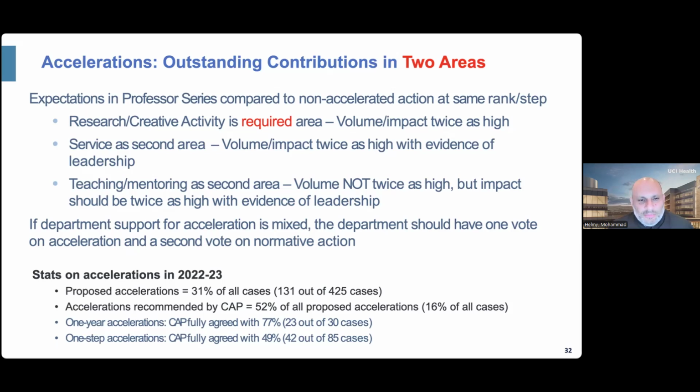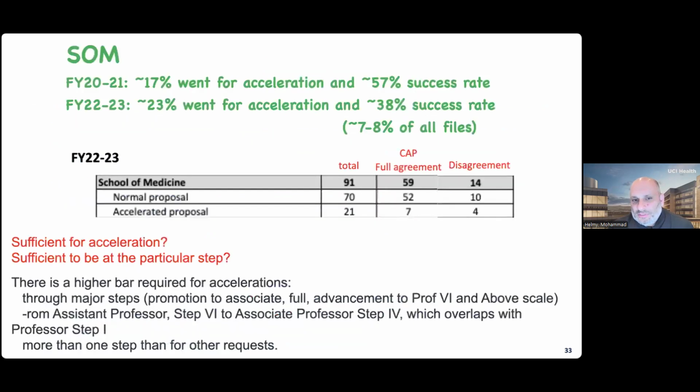The second point I'd make is that the bar for acceleration goes up, the higher one moves up. So it should, in theory, be slightly easier to accelerate, or the bar should be held at a certain level to accelerate at the assistant rank, but those same contributions may not clear the bar to accelerate at the full professor rank. So I may be successful in accelerating from step 1 to step 3 as an associate professor, but